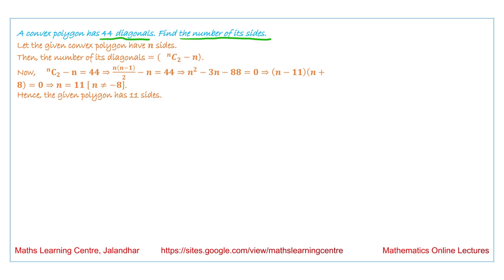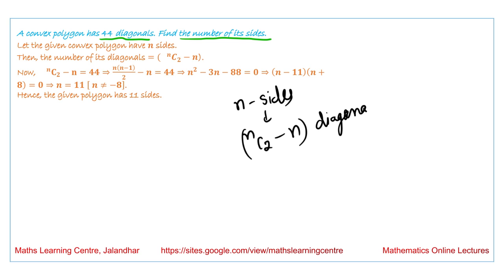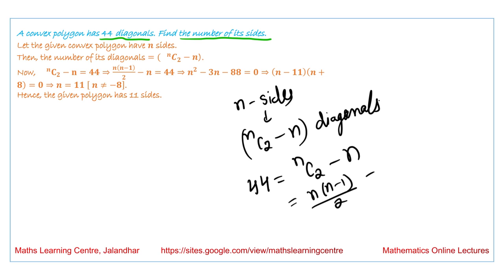Now we know that if we have a polygon with n sides, it has nC2 minus n diagonals. So if a polygon has 44 diagonals, we are saying this is equal to nC2 minus n. This is equal to n into n minus 1 by 2 minus n. This value is equal to 44. Now if we solve this equation,